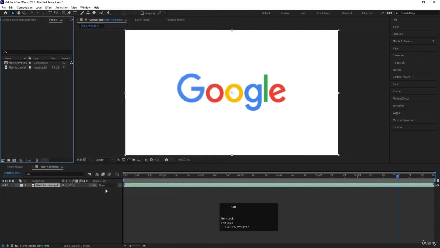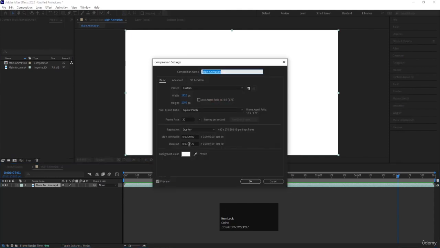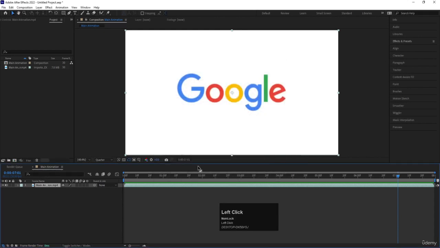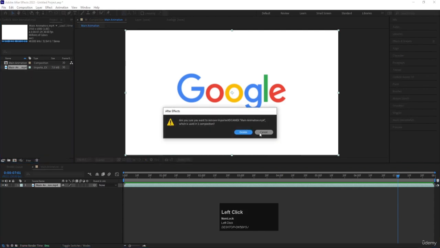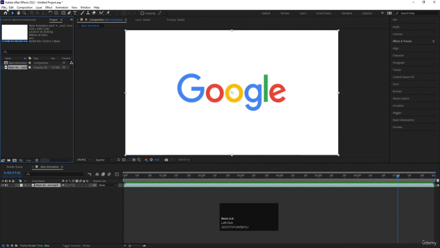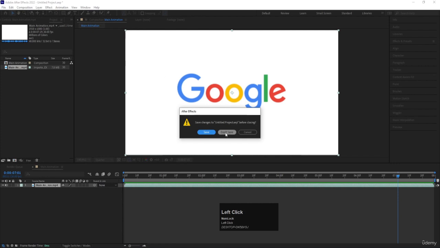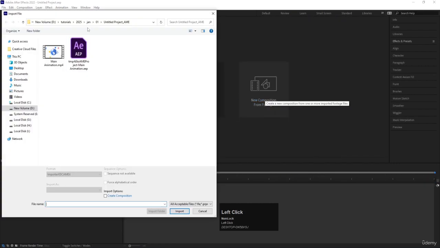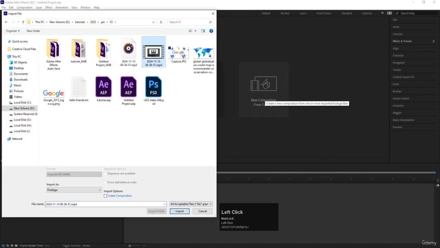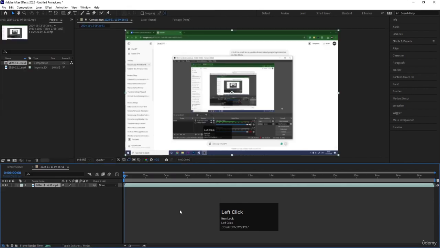If I hit Ctrl K and check the composition settings, as you can see, the duration is the same, the frame rate is the same, and the composition name is also the same. So this is the use of the new comp from footage option in After Effects. It's not just about this video. For example, let's choose a different video. Let's not save this file. If I select this and choose a different video, for example this one, and hit import,